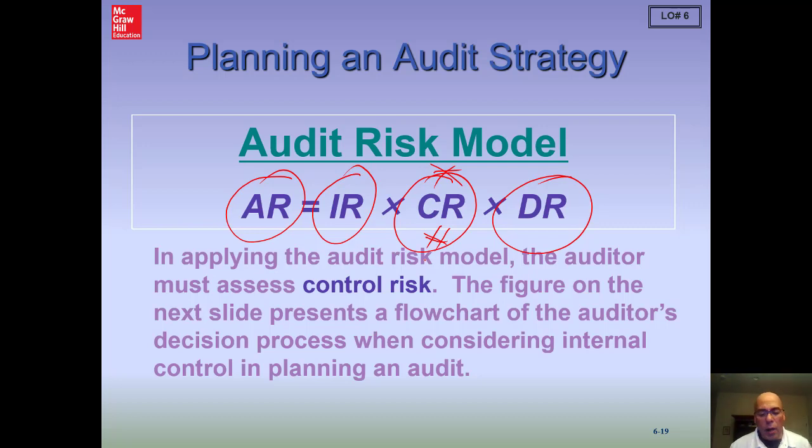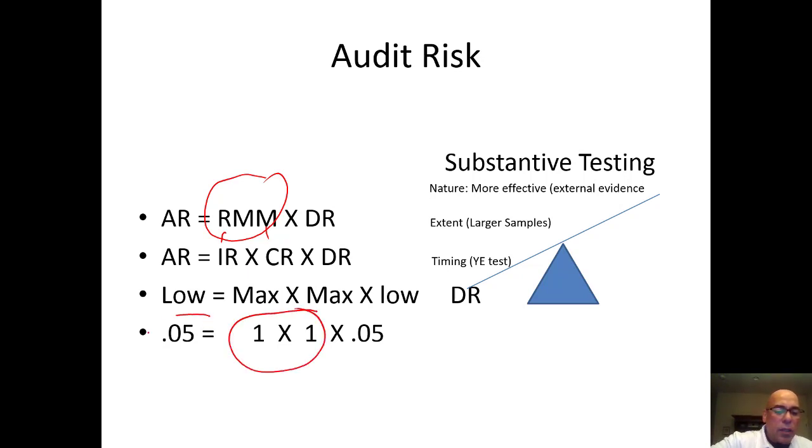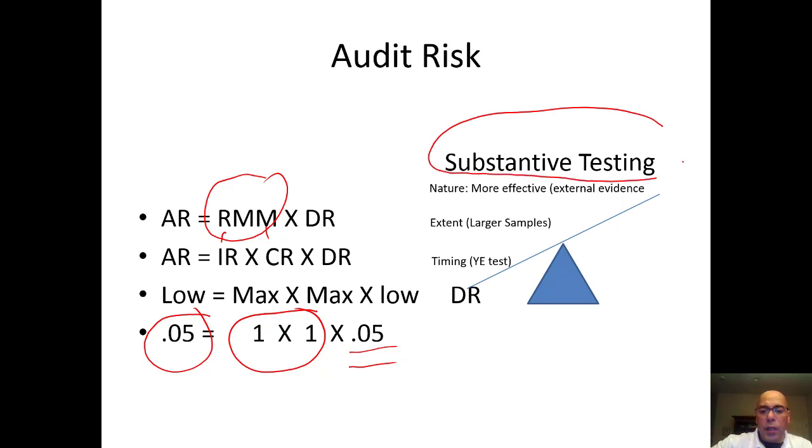So the couple slides that I wanted to add from our previous chapter was this one here. I'm sure you fondly remember, right, in which we have our risk of material misstatement, but we know that our risk of material misstatement is comprised of our IR times our CR, and then if we assess the risk of material misstatement at the maximum in order to keep our audit risk low, we're going to have to do what? We're going to have to keep our detection risk lower, which will then bring up the extent, nature, and timing of our substantive procedures, right?